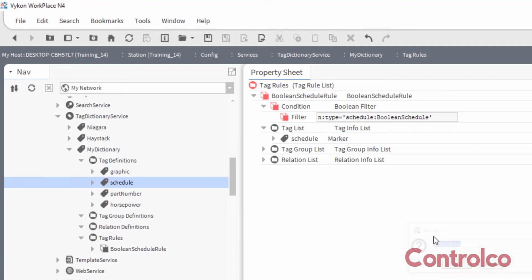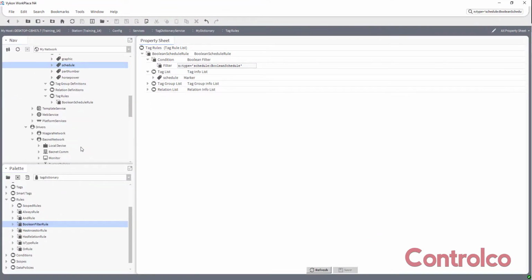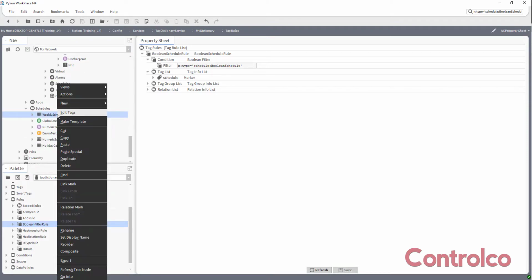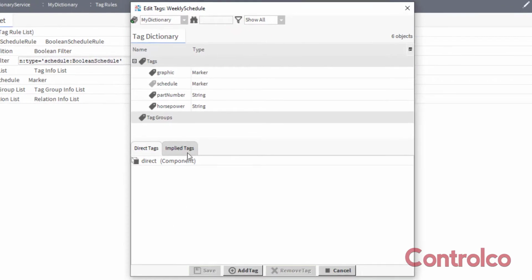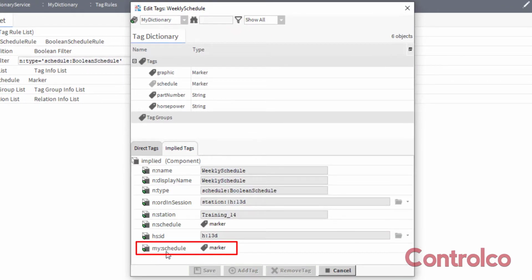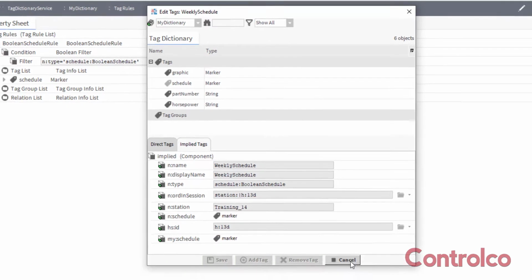I'll hit OK, and now I have the schedule marker tag. So this tag rule should go out and find any Boolean schedule in my station and add the schedule marker tag to it. I'll hit save, and then I'll go down to my weekly schedule and look at the implied tags. There is my schedule marker tag sitting right on my weekly schedule. Pretty cool. So I'll cancel this,